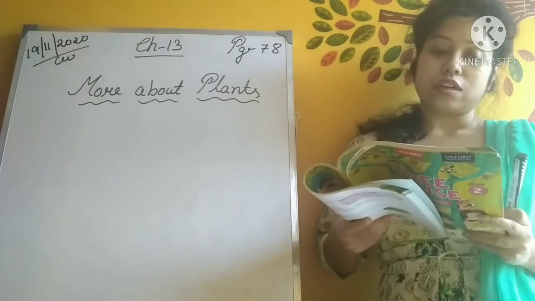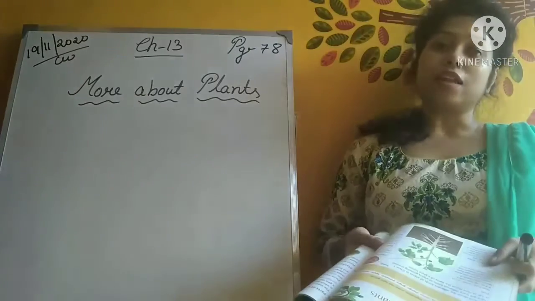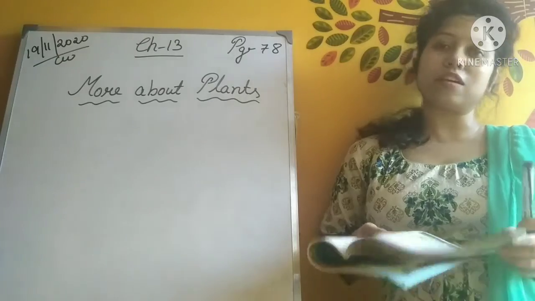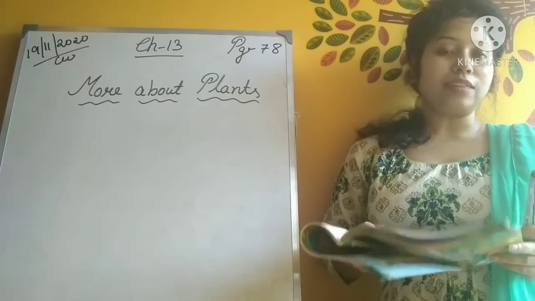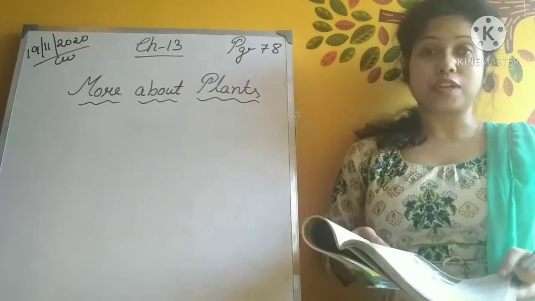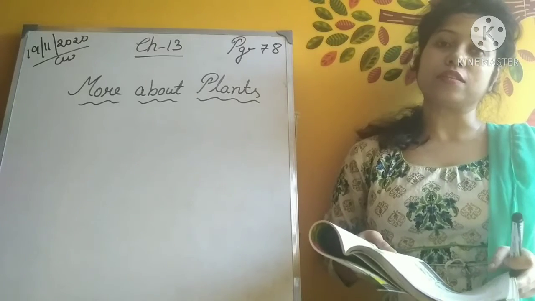So on the extreme top of the page you will get to see names of many fruits and vegetables. So this is a very easy question that you can solve by yourself. So let us solve 2 to 3 out of them. The first one is potato. So what is that? A fruit or a vegetable?